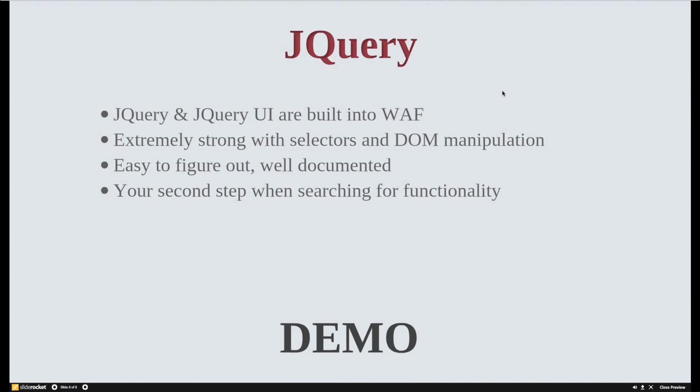So it's very good at selecting a group or single element out of the DOM and then applying manipulations to those. It's quite easy to figure out. It's well documented, and I'll show you the jQuery documentation site after these examples. And to me, it's the second step when you're searching for functionality. The first step is you want to go to native Wakanda functions. And then the next step, if you can't find it in that feature set, is go take a look at